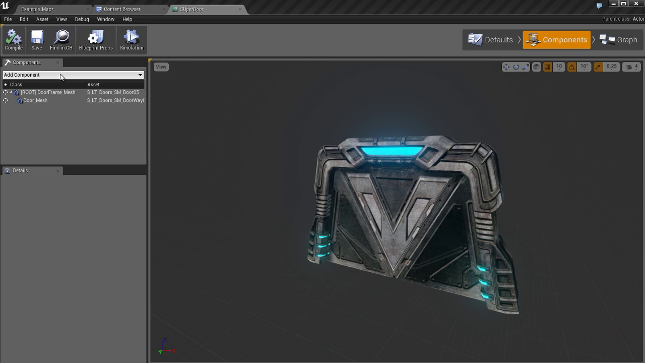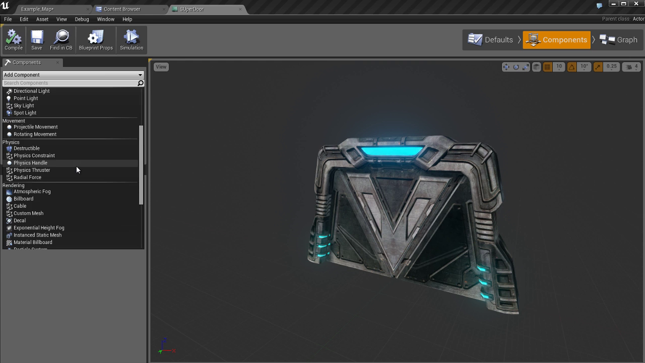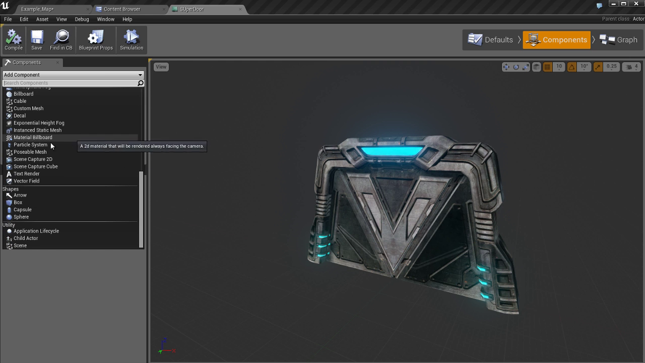Let's come over here to add a component. We're going to add a new component to our door. This time we're going to go down to shapes and pick a shape. We have spheres, capsules, and boxes, and you can really use whichever one you want. You can use a sphere if you wanted to. I'm going to use a box because a box is going to work a little bit better with this door. So I'm going to select the box,